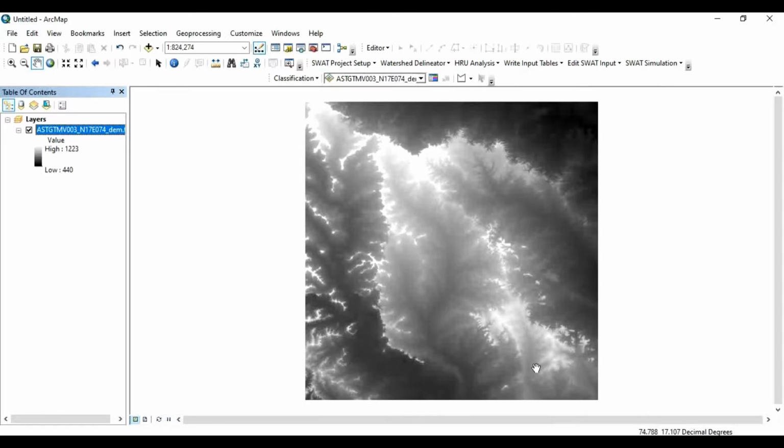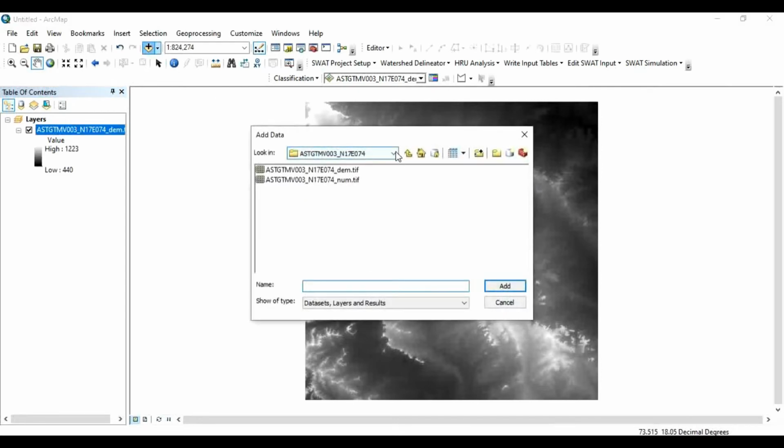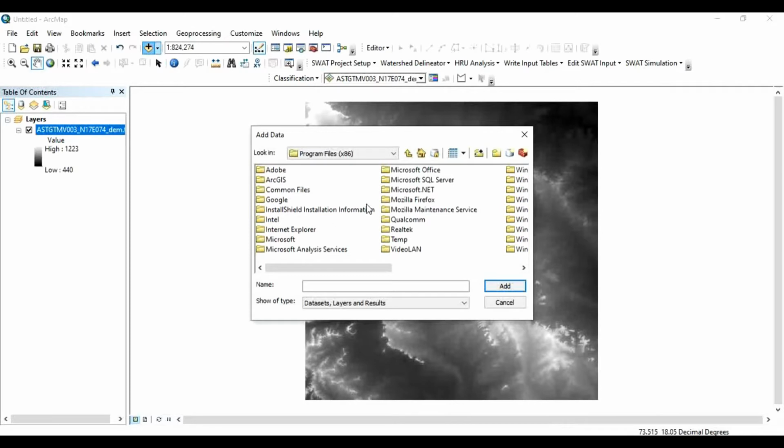Now we have to project this model in required coordinate system because India lies in 42 to 47 UTM zone. So first we have to identify in which UTM zone our study area belongs. So for that purpose, click here, go into C drive, then program files, click here.